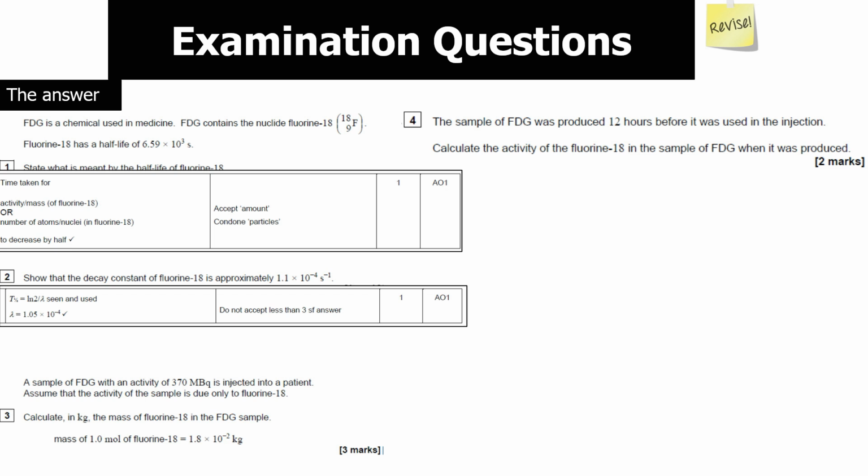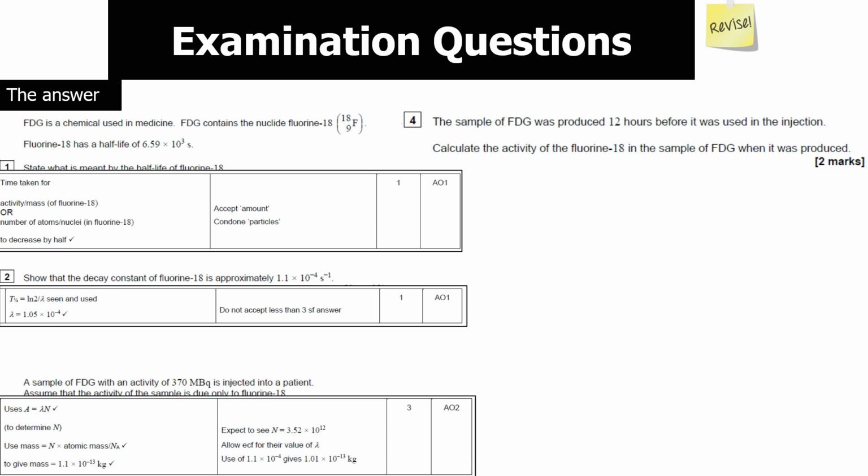We've been given the activity, and we know activity is equal to lambda N. In the previous question we worked out lambda, the decay constant, so we can work out N. Remember, 370 megabecquerels for the activity is 370 times 10 to the 6, because that's what mega means. We can then use that value to work out N, which is 3.52 times 10 to the 12. That's how many particles you have. Then you can work out the mass in total by doing N times the atomic mass divided by